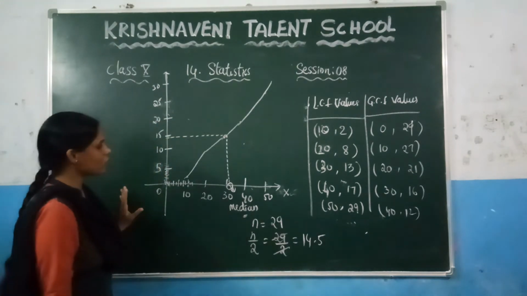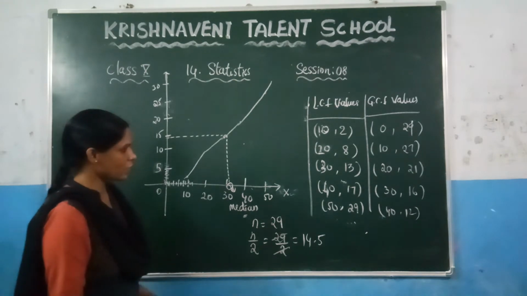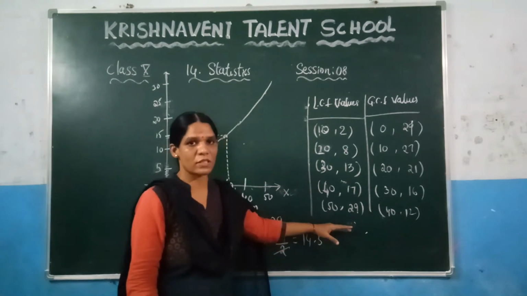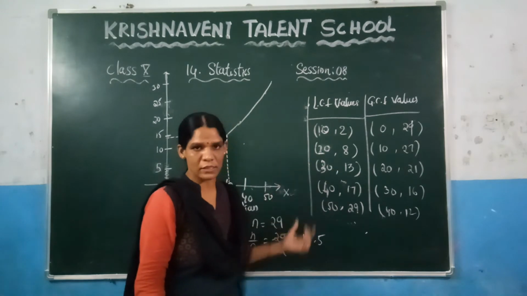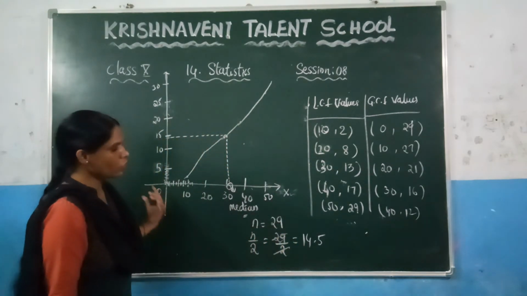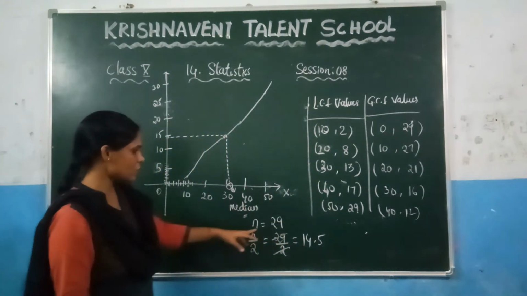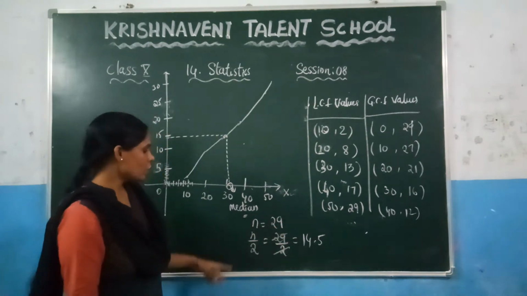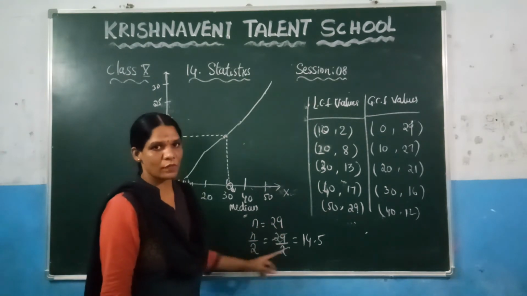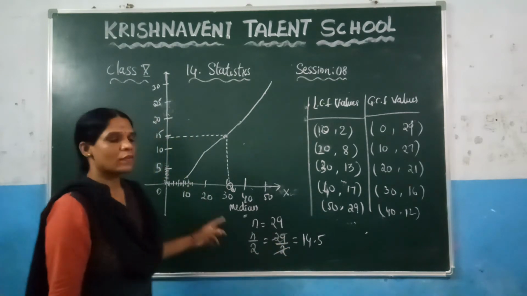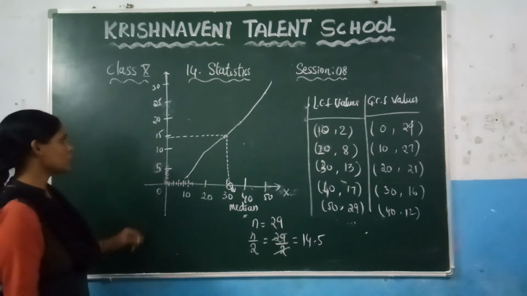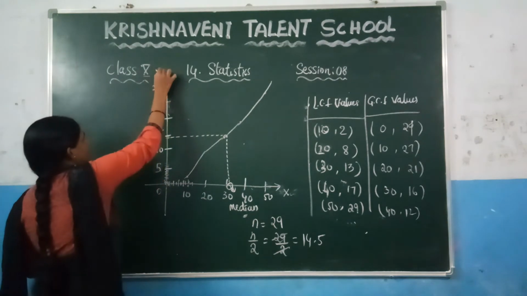So here how do you calculate the median? First you need to check the n value, which is the number of observations. This you will get by adding the sum of the frequencies. Just before we have calculated, we got the value as n is equal to 29. Now you need to check the value of n by 2, which is 14.5. And where it is located on the y-axis, you need to check it here. This is the y-axis, right?